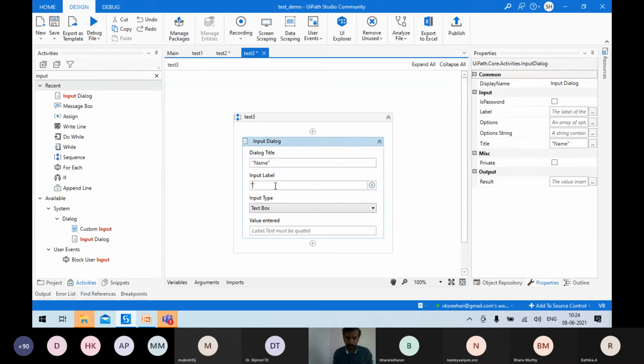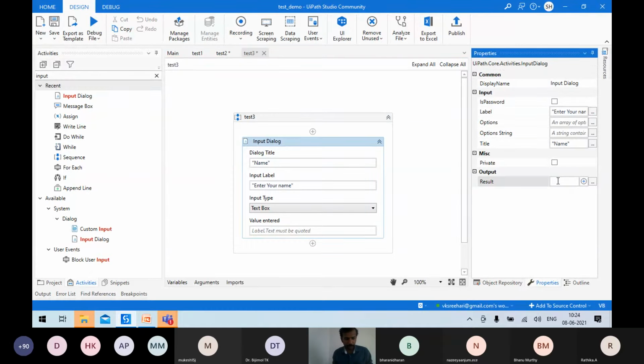I give a label value for it, enter your name. This is the problem we had last time. There will be something called result. You can click over there, right click and make create variable, or you can press Control K so that set variable is obtained over there.